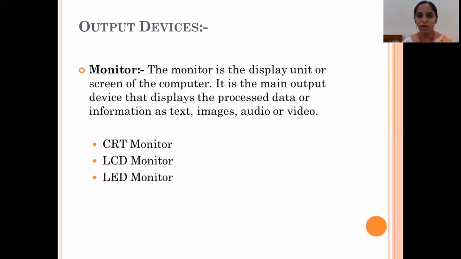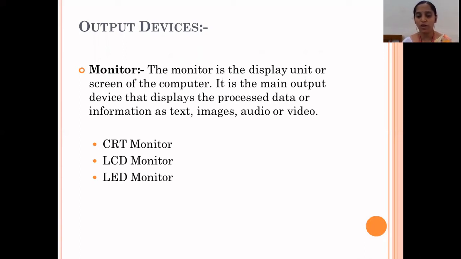Among these lots of output devices, some are included in this lecture, of which the first is the monitor. Monitor is the most important and popular output device. With the help of the monitor, the user can see the final output on a screen.